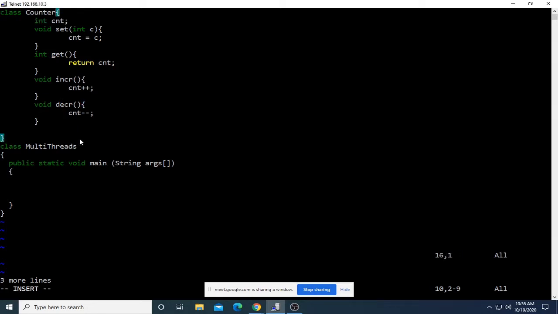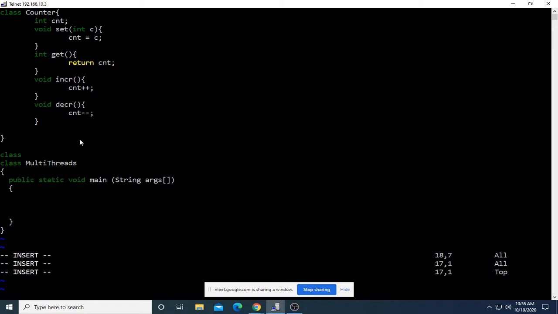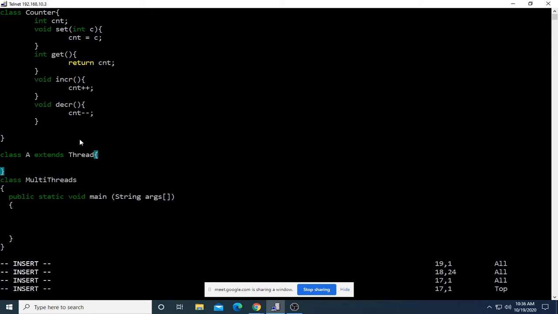Apart from this, I have 3 thread subclasses. Class A, within this class, I have the run method.